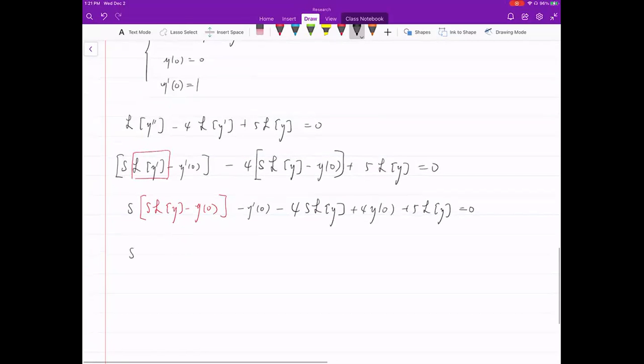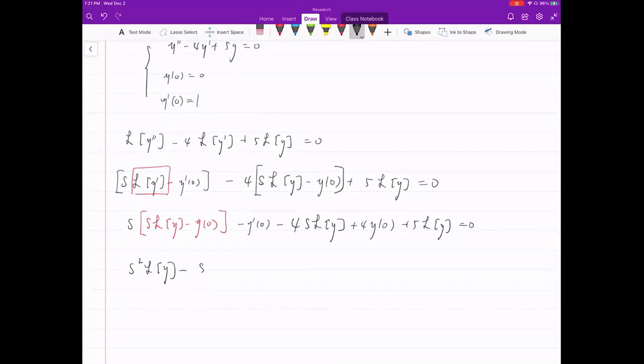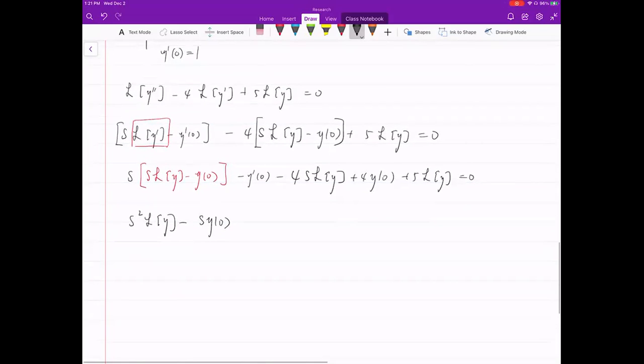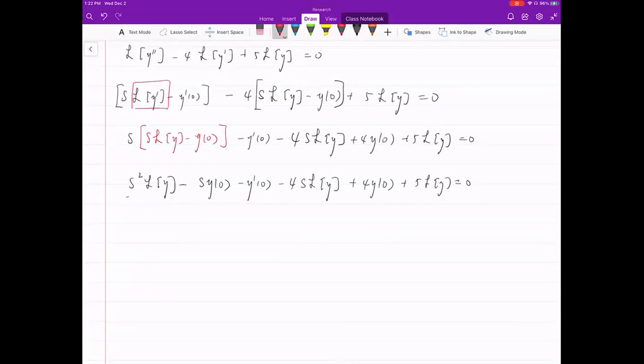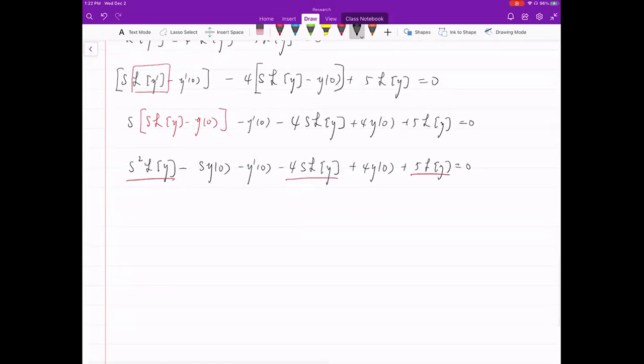Okay, let's clean things up a little bit. s y(0), minus y'(0), minus 4 s L[y] plus 4 y(0) plus 5 L[y] equals 0. So you put the L[y] all together. We have (s squared minus 4s plus 5) L[y]